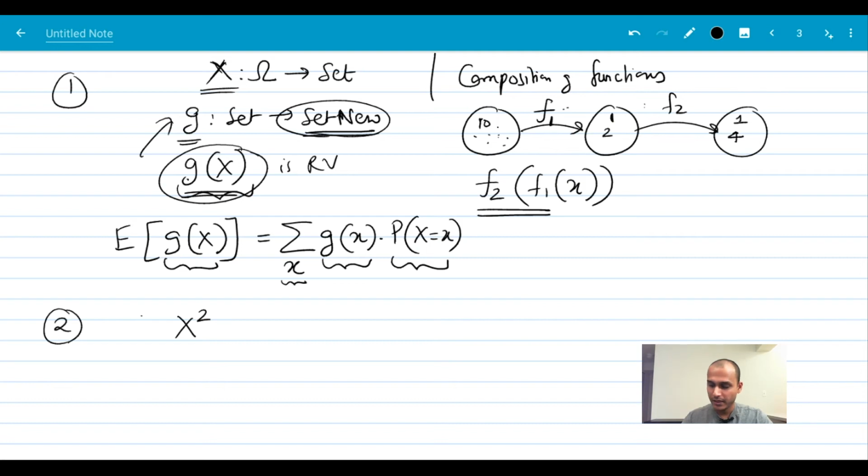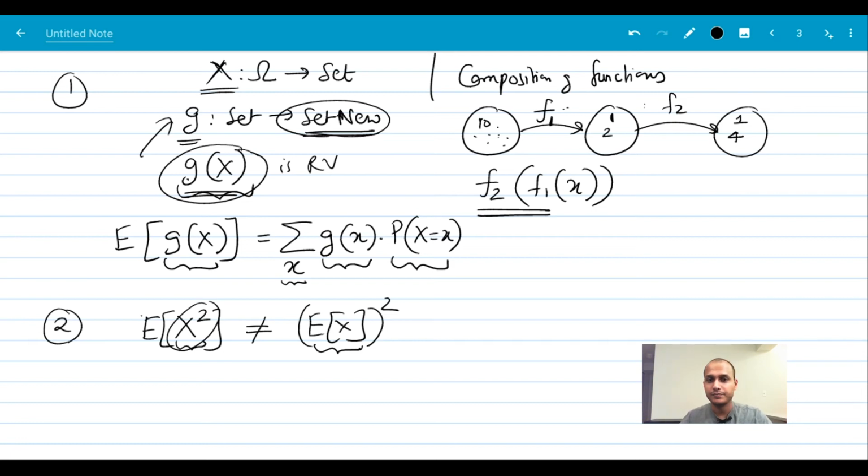Now if you want to take the expectation of this guy, it is not equal to the expectation of x, squared. These two are different. This is a composed function, so this is a new random variable. Expectation of x is already the expectation of the random variable x. So it's some number, and you're squaring it. Whereas here you have a new random variable whose expectation you need to take. So these two are different.